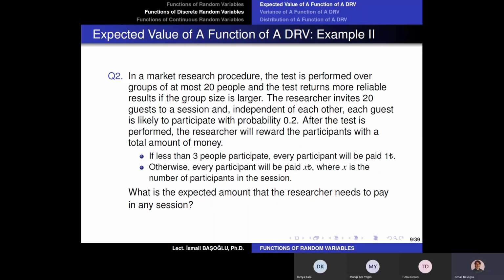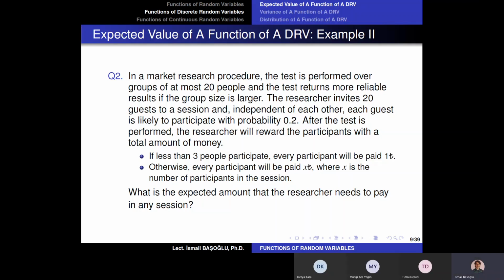So I invite 20 different examinees, test subjects, and I know that not everybody is going to come. I invite them, but of course there will be a probability for each of them to participate in the exam. And that probability is equal to 0.2 for each invitation, for each examinee. And the arrival of the guests to this research is independent from each other, okay? So if I invite 20 guests, each of which is likely to participate with 0.2 probability independent of each other, then the number of guests that will actually participate